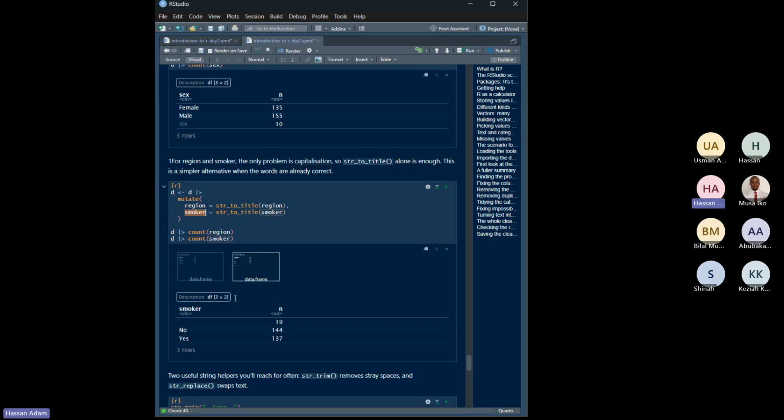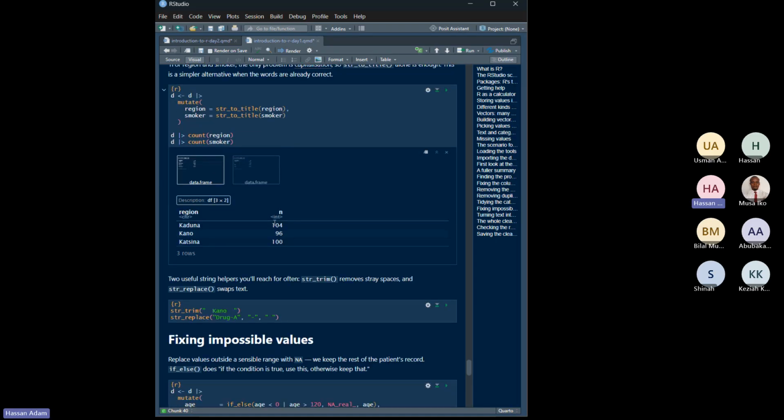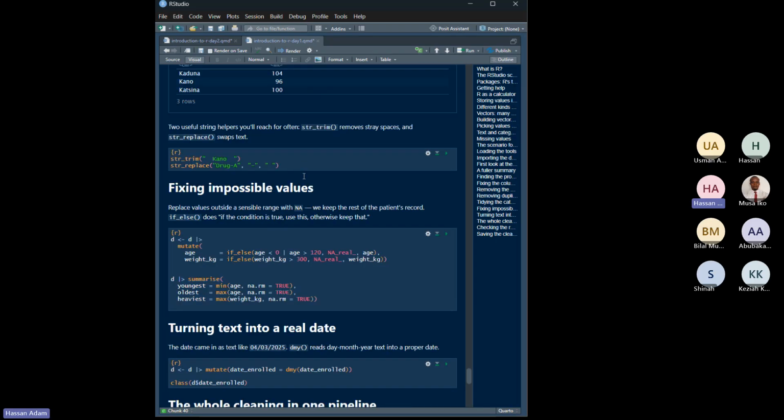This is the title case, and then the other one is the title case. So we have them here, and then this one also we have them here, which is just like capitalize the first letter. Yes, no, yes, no, because that's the only issue here we have. And then the next is to remove spaces, which we use also this